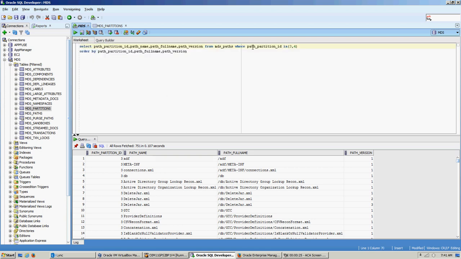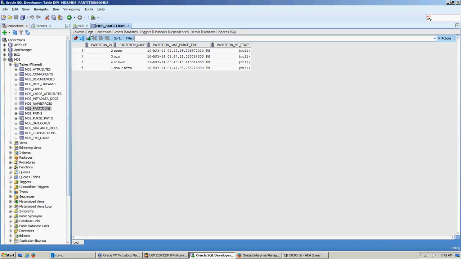All the OIM data is in these two partitions, 3 and 4. So you could look in here, for example, see MDS partitions, the data. So you see there's the 2 for OIM, here's the 1 for SOA, and the Oracle Security Manager, I think. So